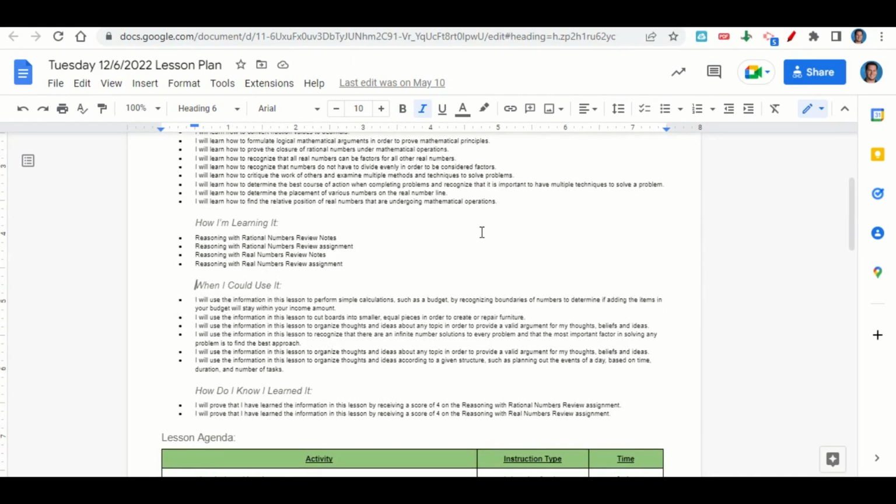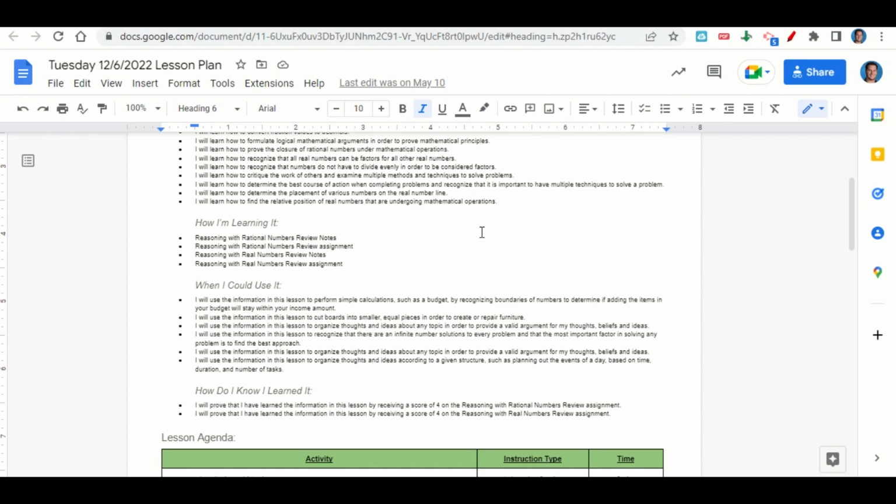To perform simple calculations such as a budget by recognizing boundaries of numbers to determine if adding the items in your budget will stay within your income amount. To cut boards into smaller equal pieces in order to create or repair furniture. To organize thoughts and ideas about any topic in order to provide a valid argument for your thoughts, beliefs, and